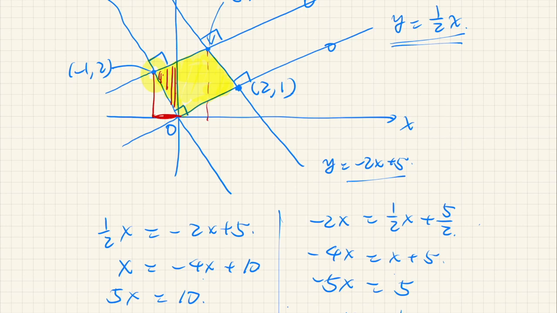And when x is between 0 and 1, the value of y can move between these two lines. And when x moves between 1 and 2, then the value of y can move between this line and this line. So by splitting the integral into 3 parts, we can